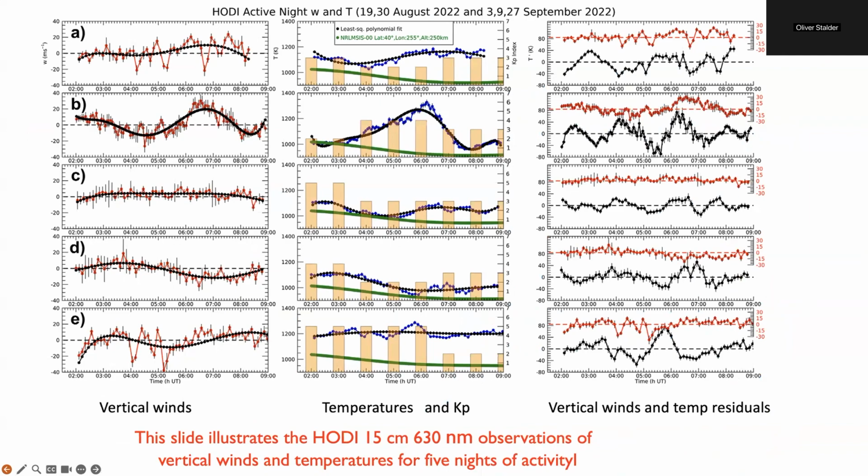And this shows some results, vertical direction, obtained by using HODI. We have 5 active nights, and that illustrates the various responses of the vertical wind on the far left, temperatures in the middle, and then the residuals. By taking away the long-term variation, we're looking at the temperature and vertical wind residuals. And the oscillation that you see, we consider to be real and relate to gravity wave activity passing through the